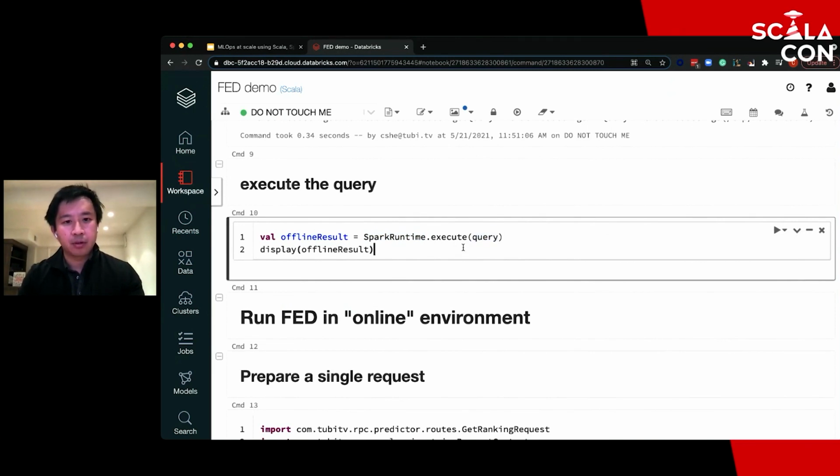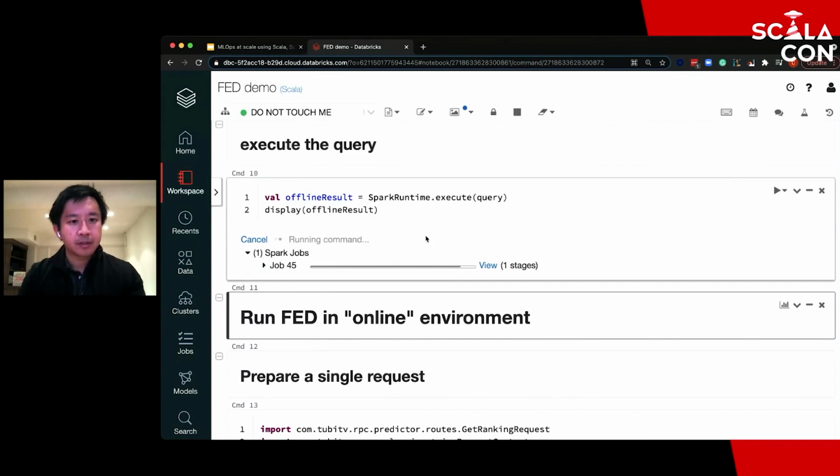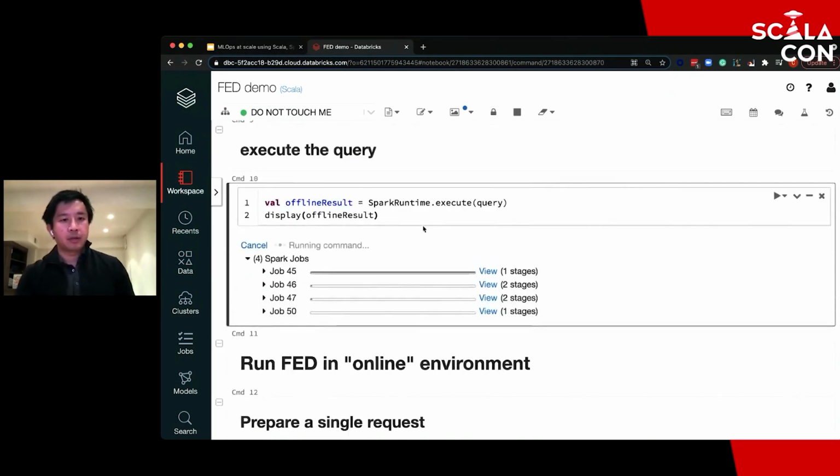We can just execute this query, which we defined. And so this will take about a minute or so, but it'll compute the results that we want, get the features out, filter it, and then put it through the model, that MLeep pipeline, and then give us a data frame back. Right?